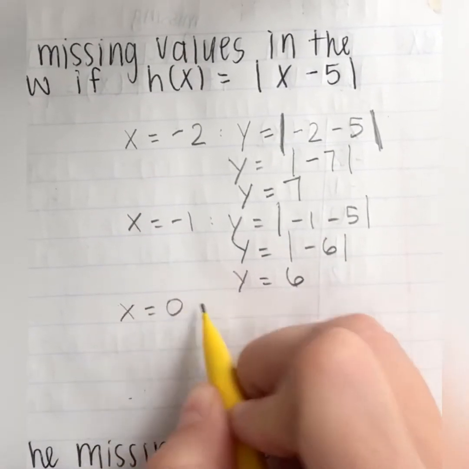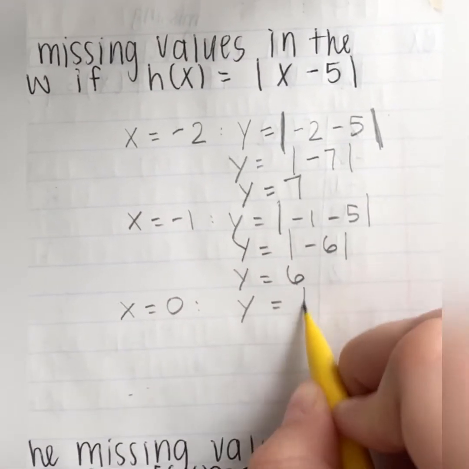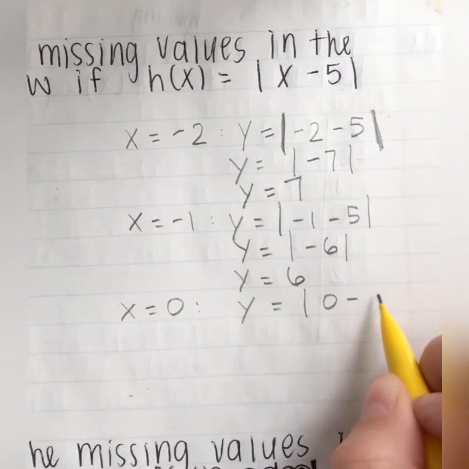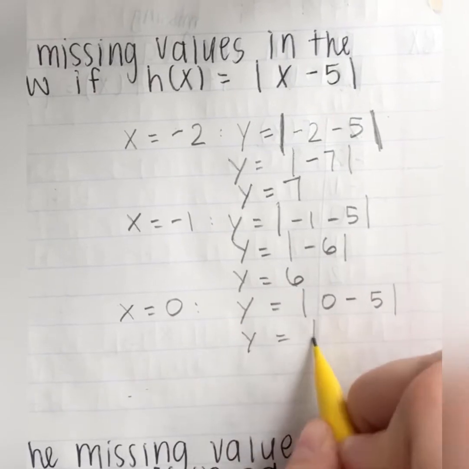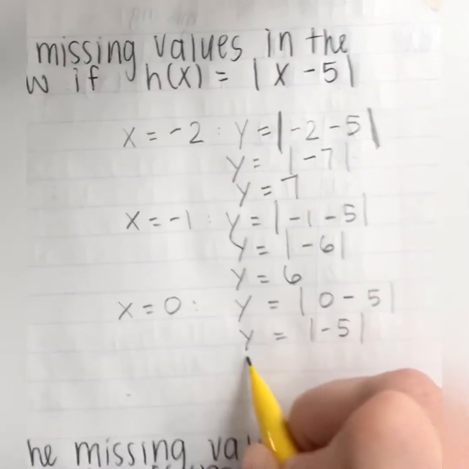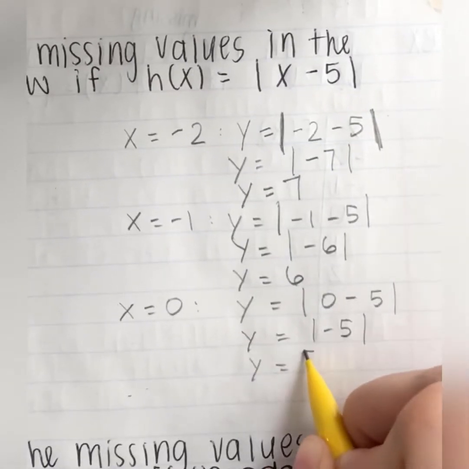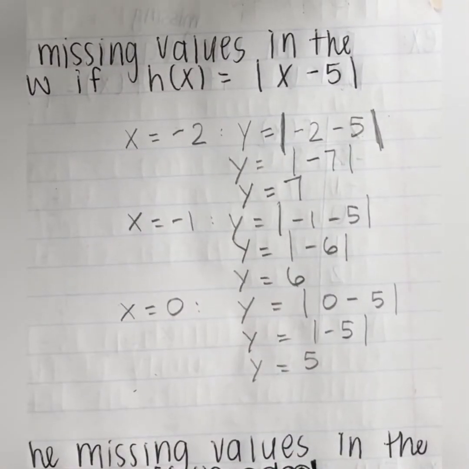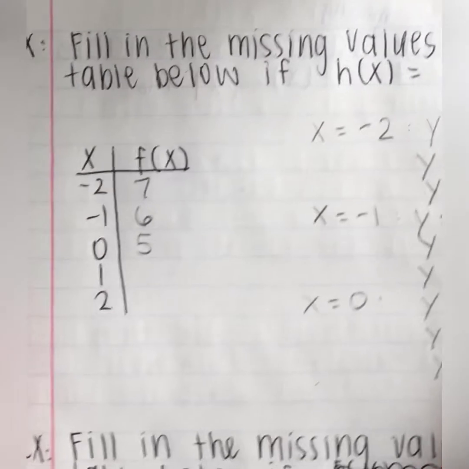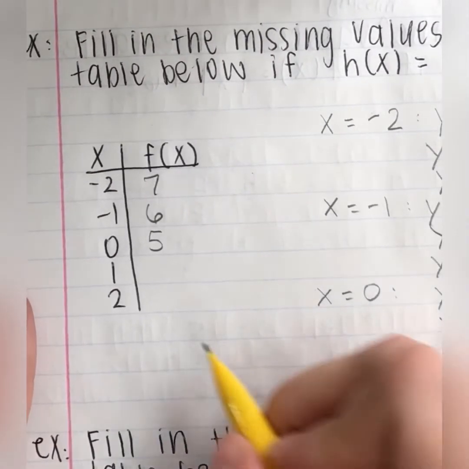When x equals 0, then we have y equals the absolute value of 0 minus 5. 0 minus 5 is just negative 5, and the absolute value of a negative 5 makes a positive 5. Right? And lastly,